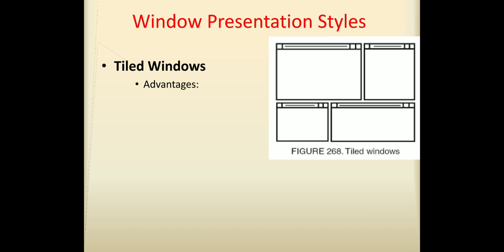So, what are the advantages of such tiled windows? The system usually allocates and positions windows for the users, eliminating the necessity to make the positioning decision. So the user may not have to worry about where exactly the window is positioned on the screen. Open windows are always visible, eliminating the possibility of them being lost or forgotten. Here we do not have windows hiding behind one another. Every window here is always completely visible.